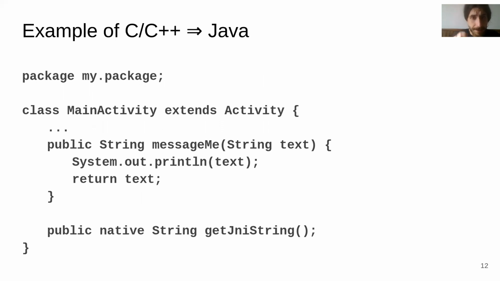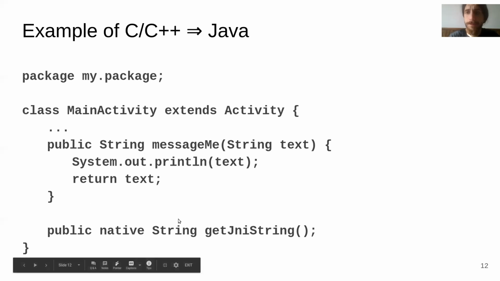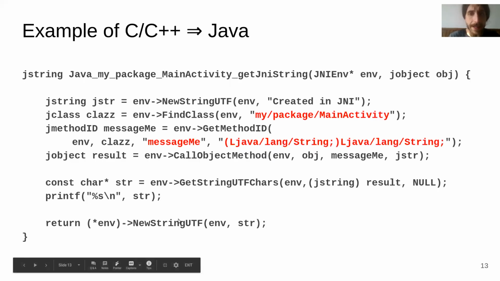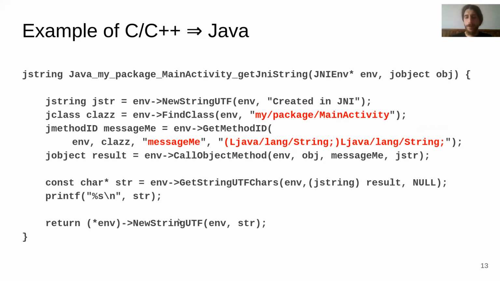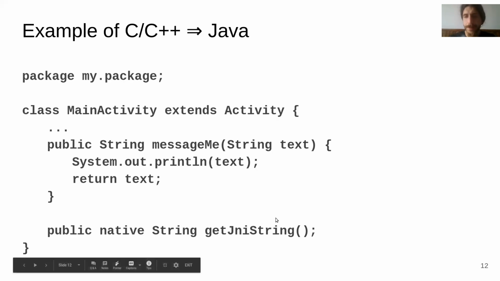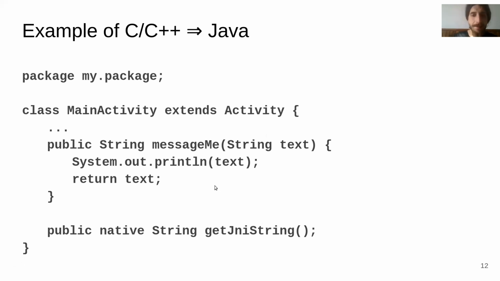Okay, there's an example. So that's how we call a Java method from C++. Before, we have seen from Java to C++. And here we have just a method. That's a normal Java method that, once called, just prints on standard out something like this. And here we have the native method from before. And this slide somehow shows how, from this getJNIString method, we're going to invoke back the message_me method